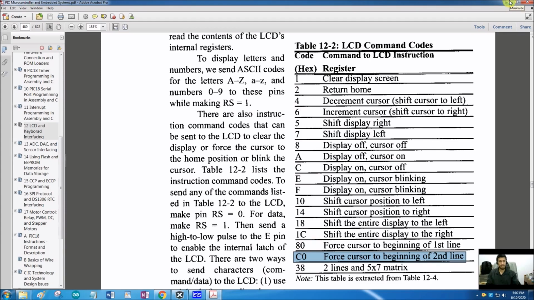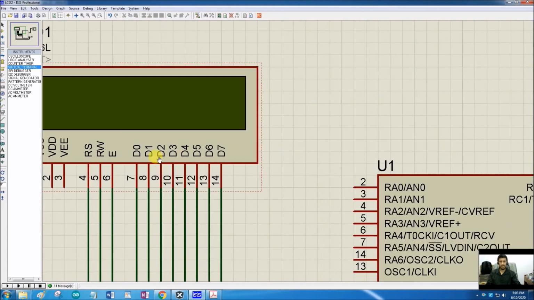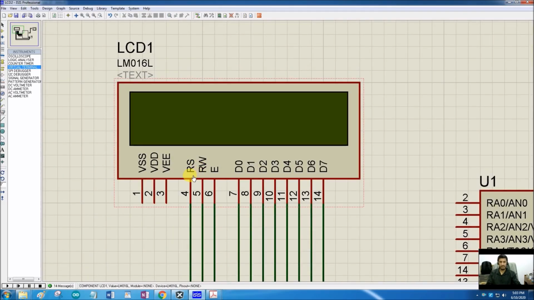Now how to send a command and how to send a data to this LCD, how to configure it, and after configuration how to send the data. One thing is very clear, that we have to select between whether we are sending command or whether we are sending data by using these 3 pins, because these are the data pins, and they are the same.